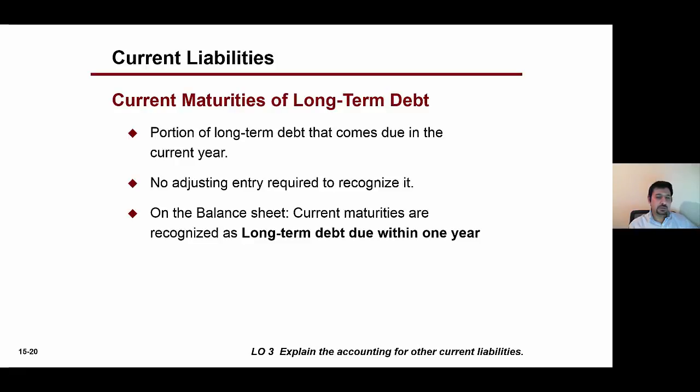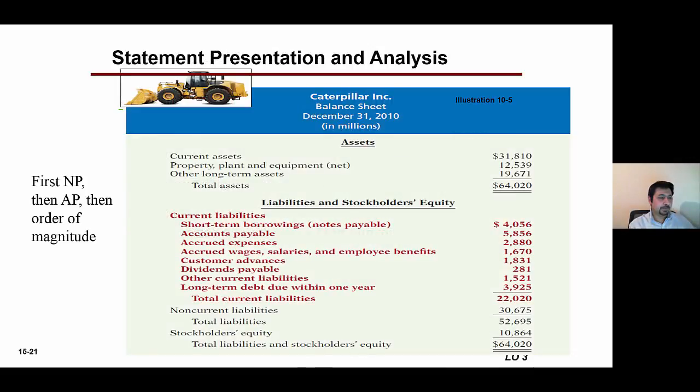Here, the company does not need to make any adjusting entry to recognize it because it has been recognized. All the company does is put those current maturities under current liabilities. They basically move them from long-term liabilities and put them under current liabilities. So for example here,